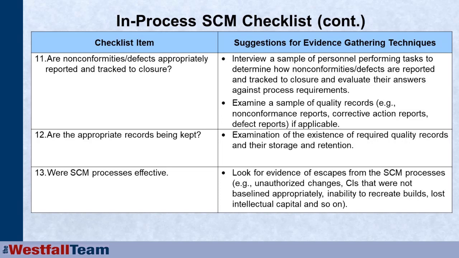Are nonconformities and defects appropriately reported? Are they appropriately tracked to closure? We can interview people. We can sample the quality records. Are the appropriate records being kept? Now, here we're going to actually have to sample the quality records. And my concern here is also storage and retention. Are they being kept for the appropriate amount of time based on whatever record retention policies and processes you have in place? Are they retrievable, readable,